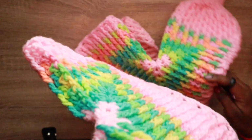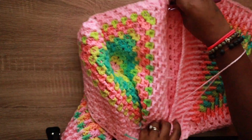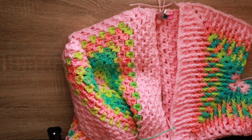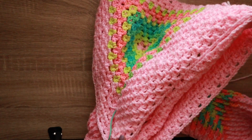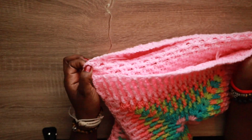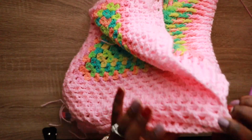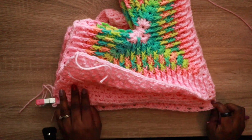panels together. And all I did was put a little clip at the bottom so that my work isn't flying around everywhere. And then I'm just going to sandwich them together and take this end right here, kind of make sure they're all together. I'm going to turn my work to make sure this end is on my right side so I can work from the top to the bottom,